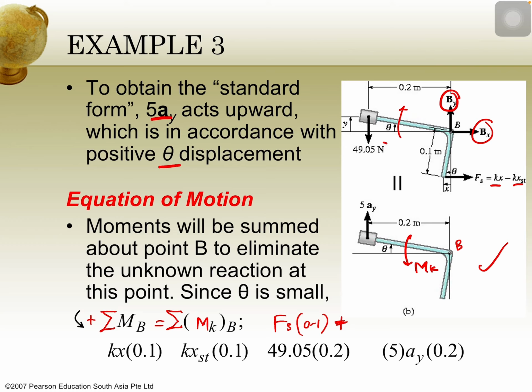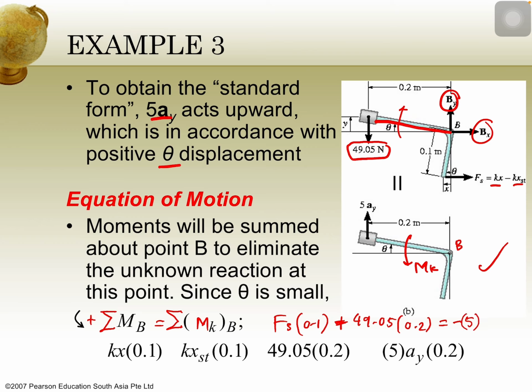We need to add an additional force, which is the weight. The weight is in the same direction as the Fs, so we put 49.05 times 0.2, the length of this one. And this is all equal to the acceleration